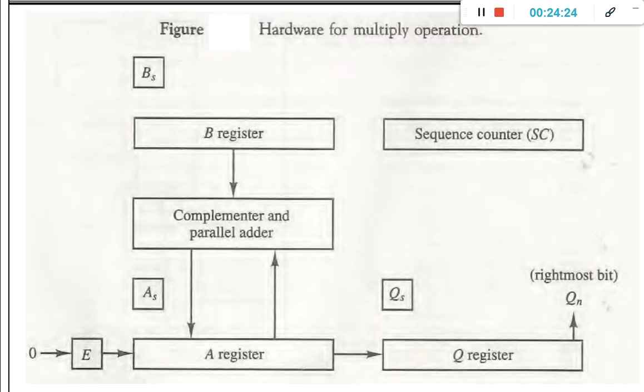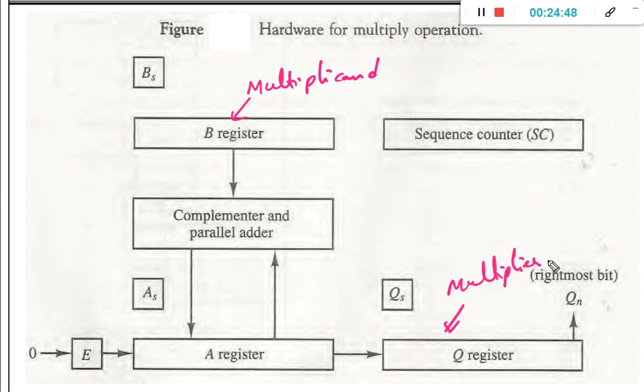So what is the hardware we need? Once again, let us see the hardware we need, as we have completed the process. We need a B register, which is going to store the multiplicand. We need a Q register, which is going to store the multiplier, and we need a sequence counter, which is going to store the number of digits available